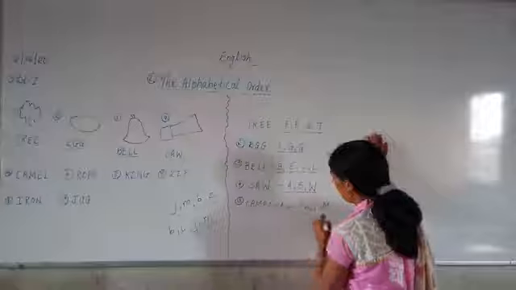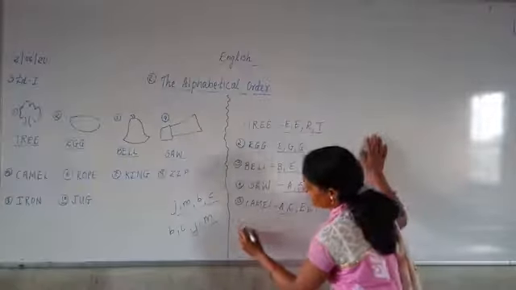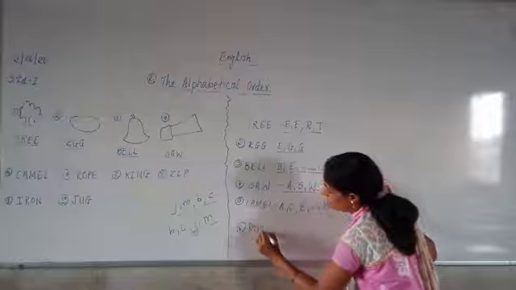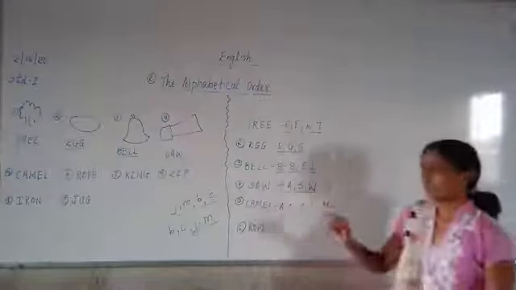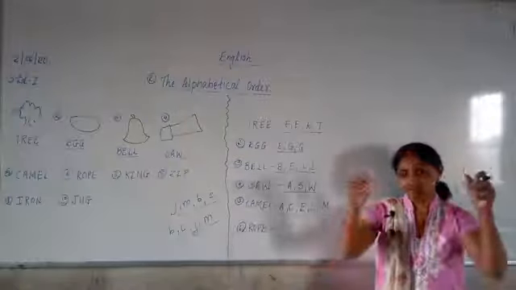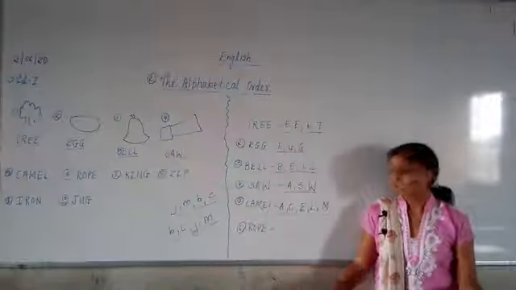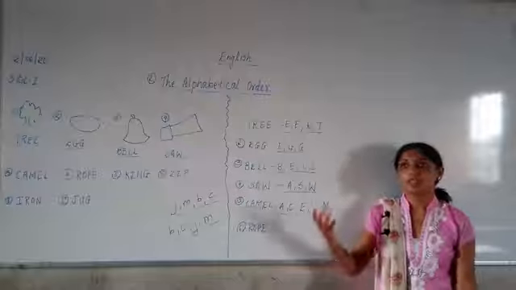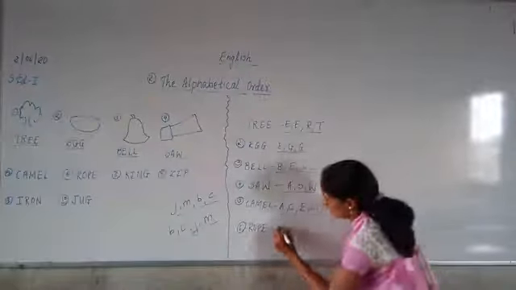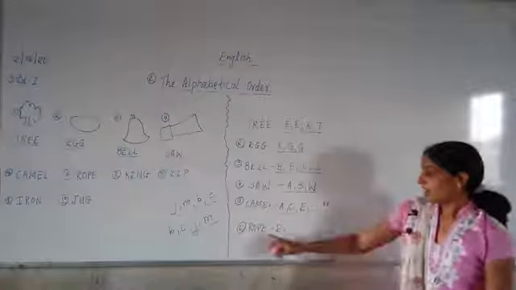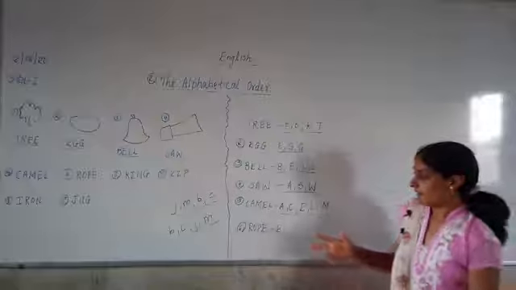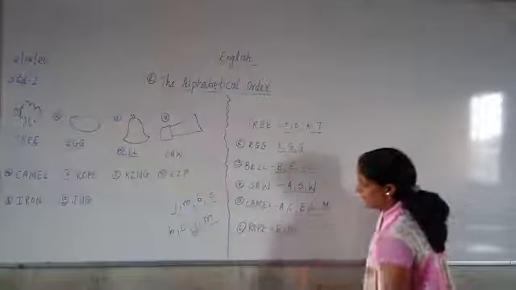Now next example which we are going to study is rope. R-O-P-E, rope. Now come on, tell which letter will come first. Come on, say. Now sit in front of mobile and say which letter will come first. Come on, start. A, B, C, D, E. E is there? Yes. Correct? After E, then F, G, H, I, J, K, L, M, N, O. O letter will come after E.